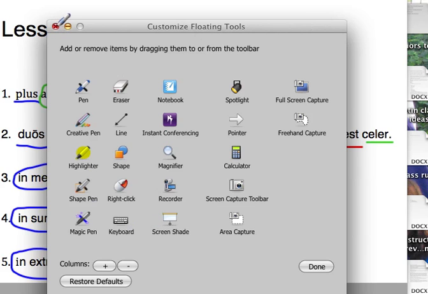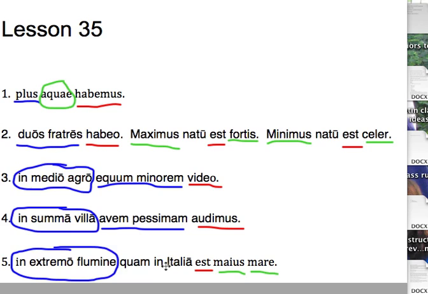In Italia is also a prepositional phrase. What? Get out of here. Ugh, there we go. In Italia is also a prepositional phrase. We want that to be in blue. It's amateur hour here, boys. Alright, so